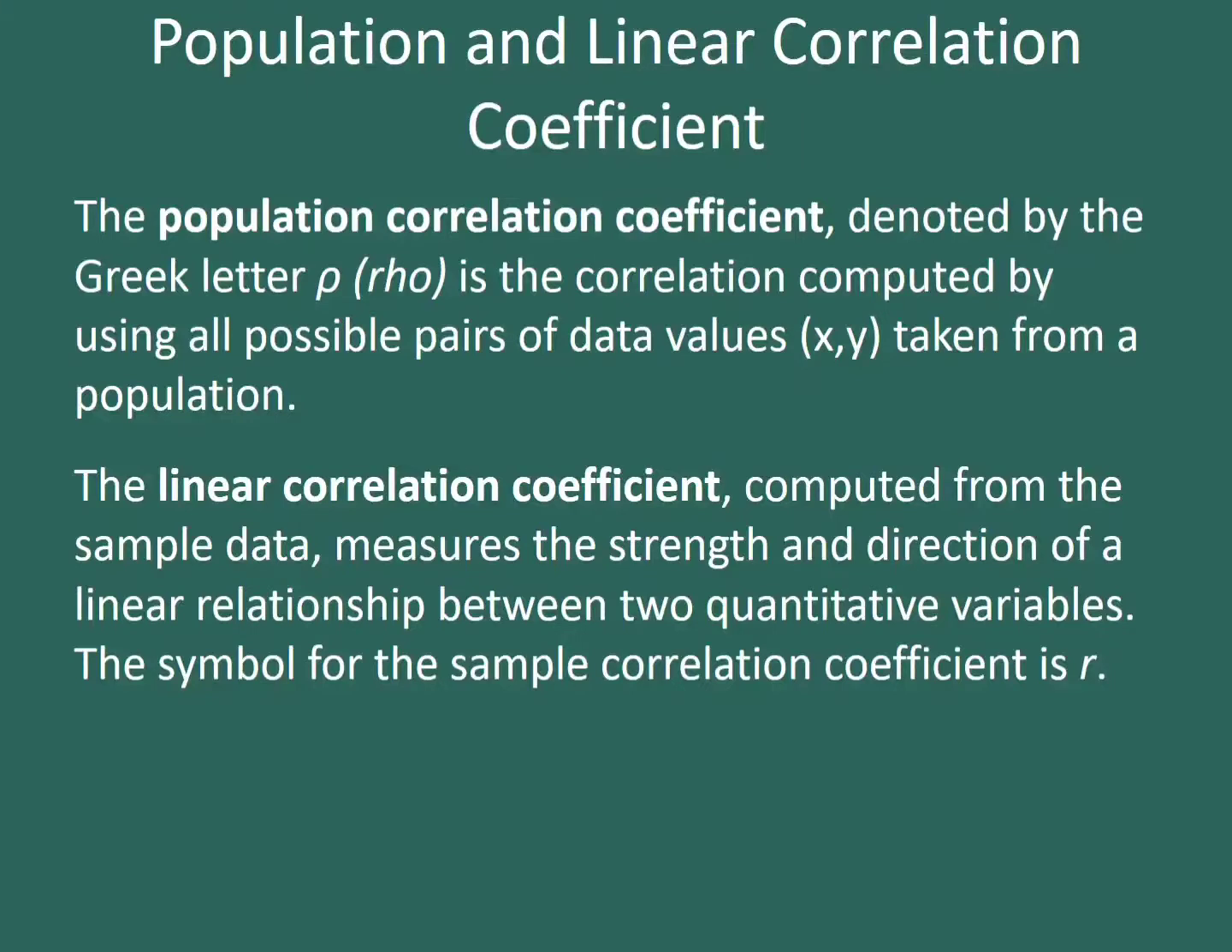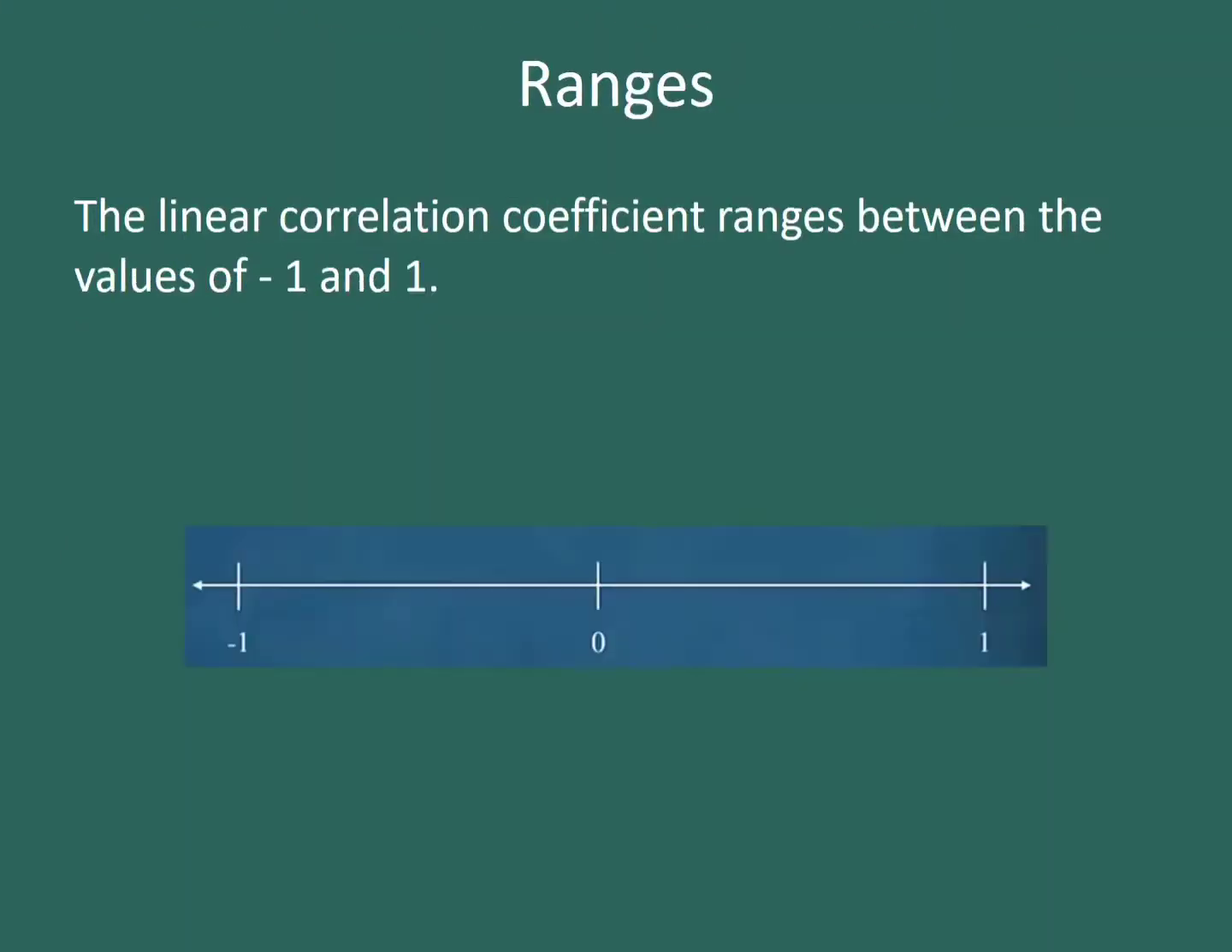So that number r, or rho, will tell us the direction in which the correlation is going, positive or negative, right? And how strong it is. So how close to a perfect line is our correlation. The linear correlation coefficient ranges between the values of -1 and 1. So when I say that, I mean r cannot be greater than 1 and r cannot be less than -1,